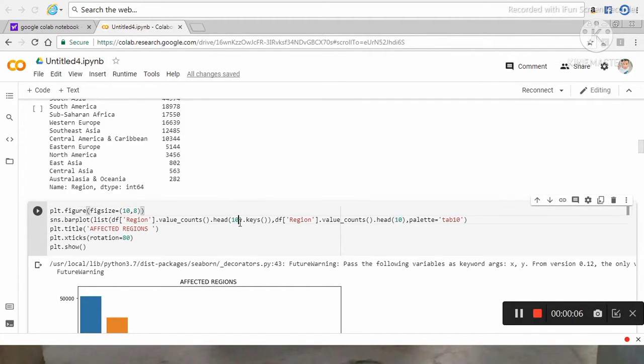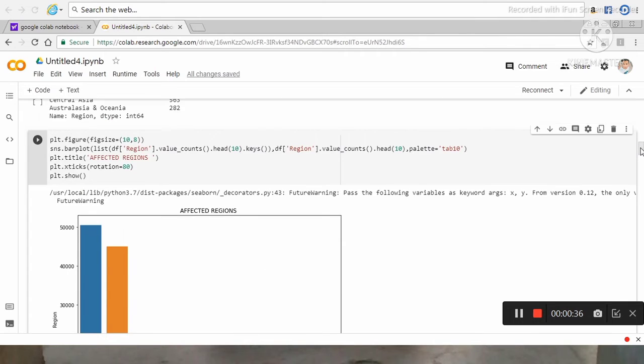Firstly, I use the Seaborn library, SNS. I call the Seaborn library, in which there is a feature for bar plotting. I use that one here, and then assign all the parameters required to plot, that is the x-axis parameter and then the y-axis parameter. Then I give a title to my graph, then plot.xticks with rotation 80 degrees, and then plot the graph. Okay, now the graph looks like this.